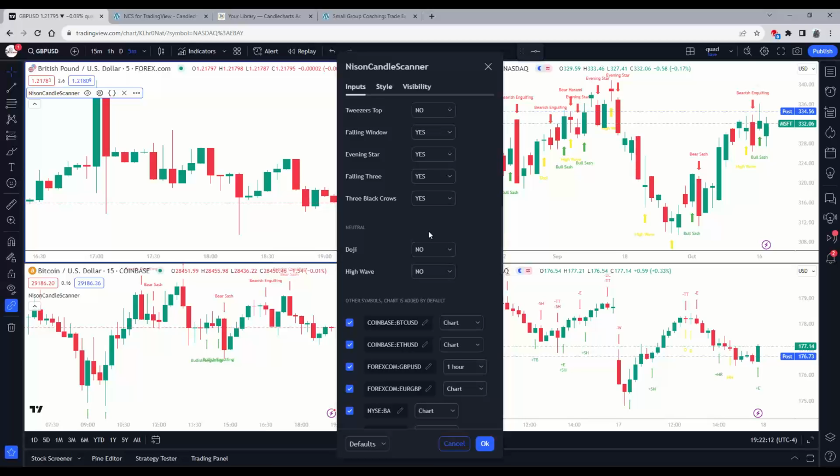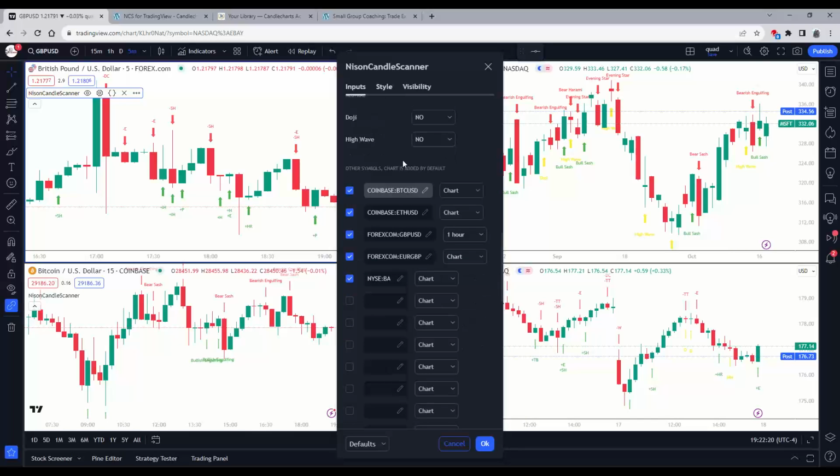If you wanted more, you can do the first version of paid. You can do 20 of the number. So if you had 20, there's 40 on each one, you'd be able to scan for 800 data inputs. The middle version of paid with TradingView can do 100 technical alerts. So if you do the math, 100 alerts with 40 on each one, you'd be able to scan for 4,000